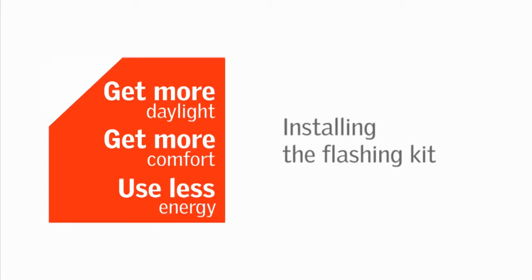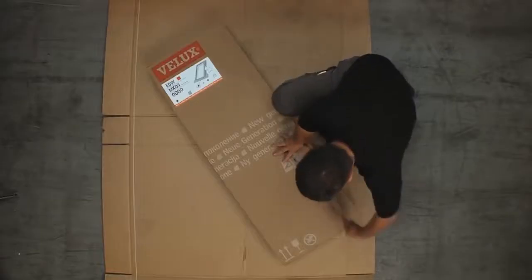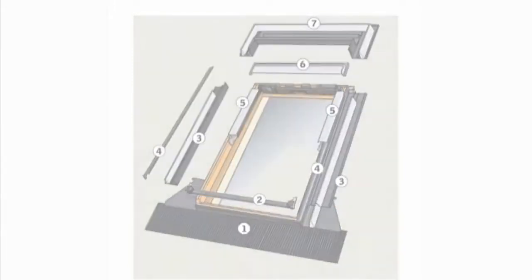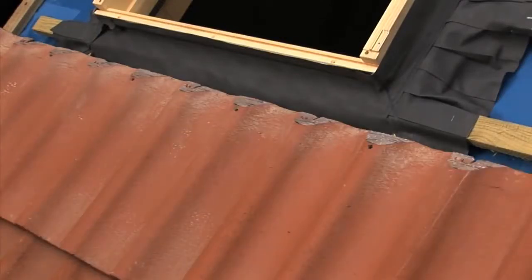Now we're ready to start fitting the flashing kit. The flashing box opens using tear-off strips. Some of the parts previously supplied with the window, such as parts 2 and 4, are now supplied with the flashing kit. Profiled tiles, such as those used on this installation, should be chamfered below the window to allow the